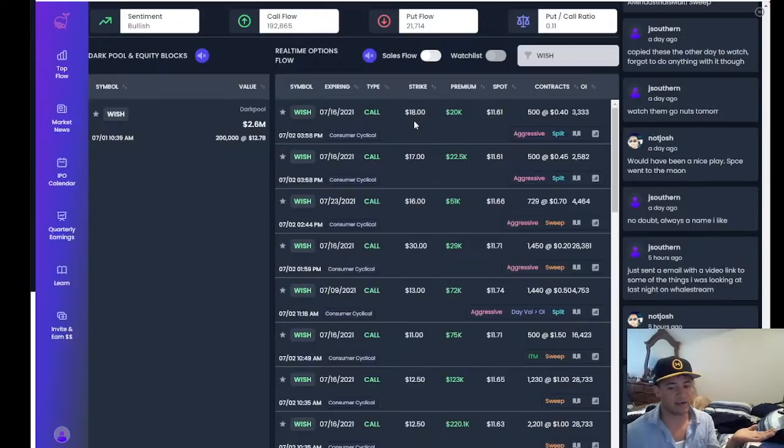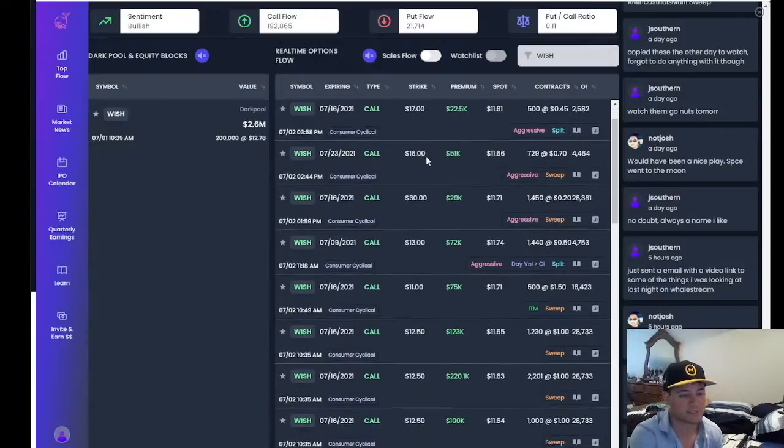When you're buying an out-of-the-money call, you're bullish. When you're selling an out-of-the-money call, it means that you're bullish up until that price. So I see this $18 call exchange as being a bullish indicator. Same thing with the 17, same thing with the 16. Somebody here who bought this call believes the stock will go above 16. Right now it's at 11.50 or 11.66. Somebody here is bullish between 11.66 and $16. So that means they're bullish for now, but they're willing to change their mind if the stock goes up 40%. That makes sense to me. I hope that makes sense.